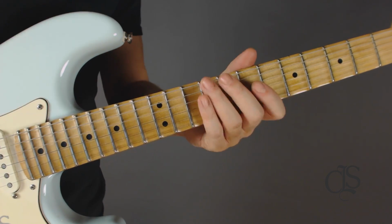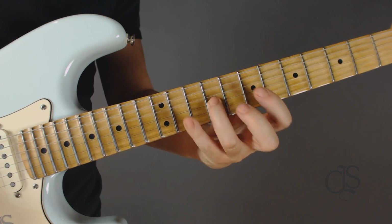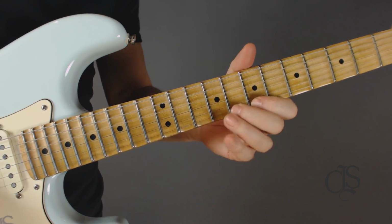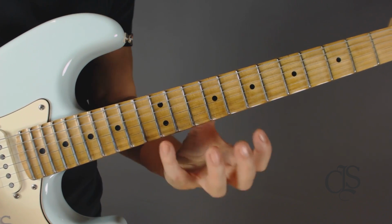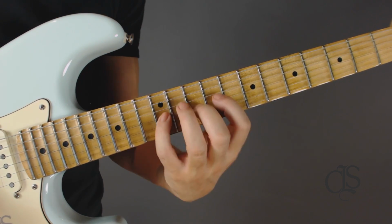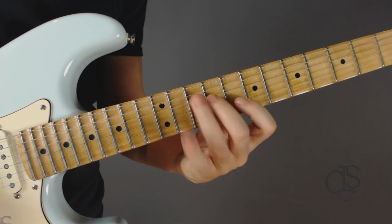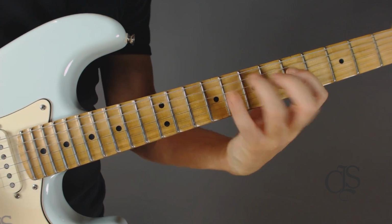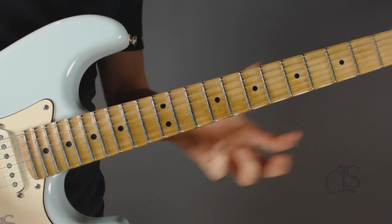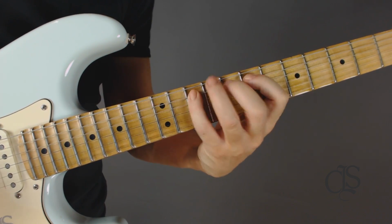So now, instead of this being a haphazard way of, okay, I know where the arpeggio notes are, like in the old way, and then I can kind of rest on them, go from chord note to chord note, I have a specific way of practicing sequences that I can learn within a specific mathematical shape on the fretboard, and then I can apply that sequence to any of my arpeggio shapes that are everywhere. Right? So suddenly I just get this ability to just flow in and out, and I'm always in a